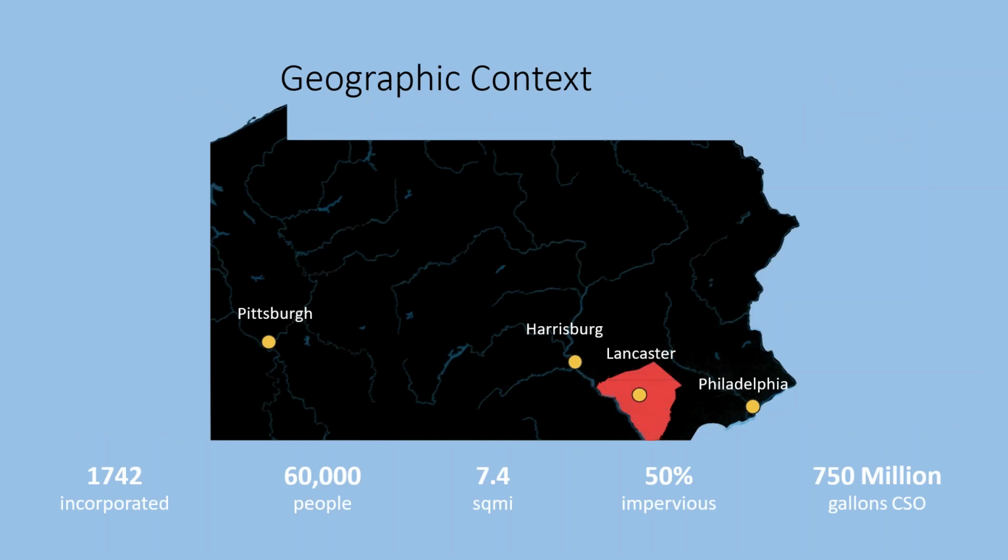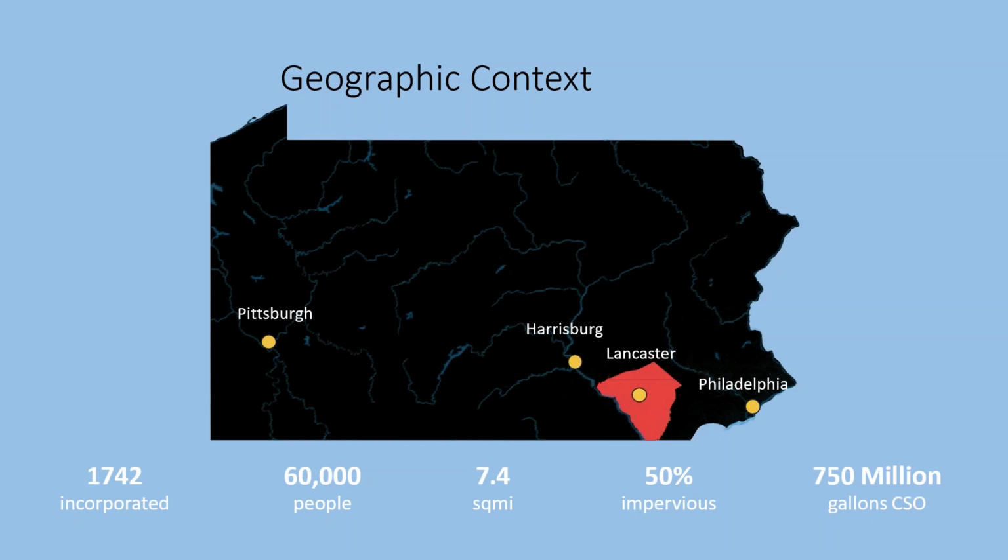So a little bit of context, Lancaster, Pennsylvania is one of the lowermost counties in the Chesapeake Bay watershed. So we are very heavily influenced and regulated in terms of our water quality. So green infrastructure is playing a large part in the city's water quality obligations, as well as the city's role and function within the county.